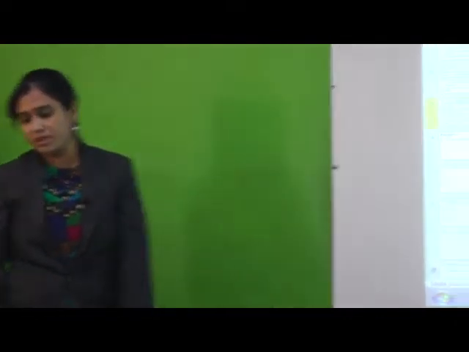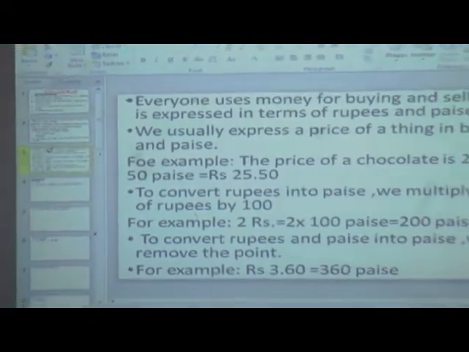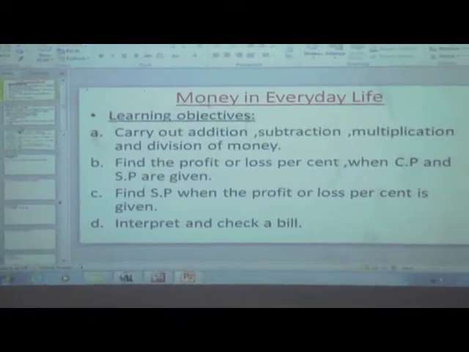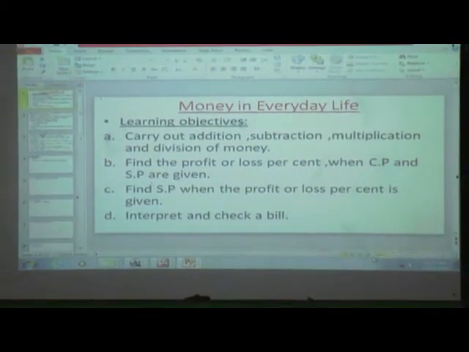Okay, students, this money calculation is very important because you all go to the shops every day for buying something whatever you want. Now students, today I am going to teach you the third lesson, money in everyday life. This is a very important lesson, students, because you need to do calculation. Okay, so pay attention, students, and listen carefully. So open your textbook, page number 43, lesson number 3. Students, lesson number 3, money in everyday life.